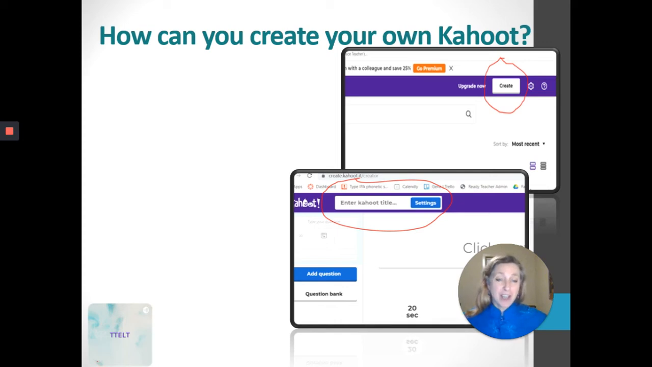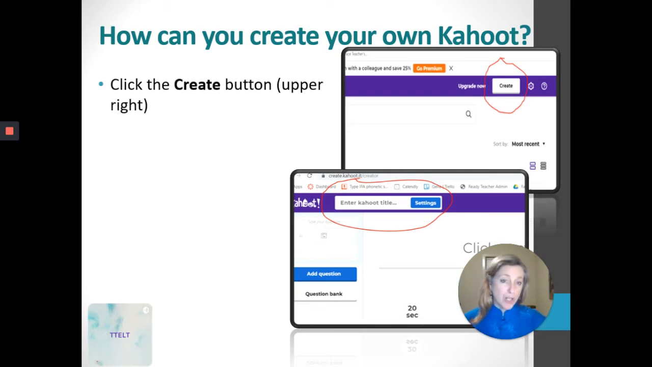The next thing we're going to talk about is if you want to start a Kahoot from scratch. If you want to make your own Kahoot, then you go to Create in the top right-hand corner of the screen. It says Create, and that's where you can create your own Kahoot. Choose a template